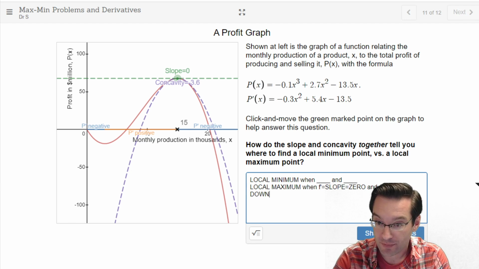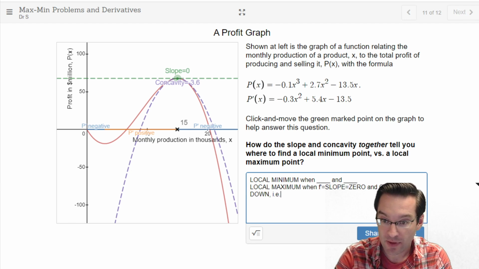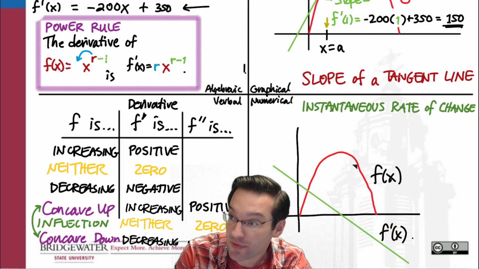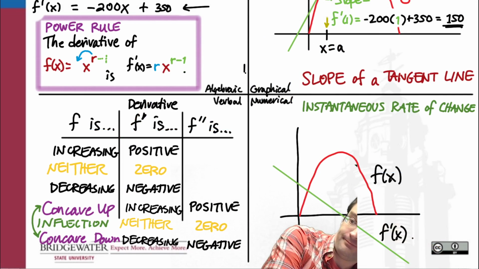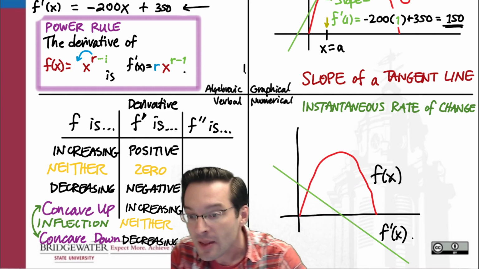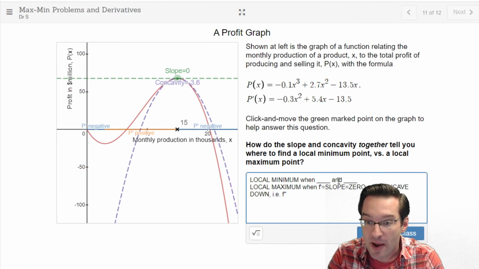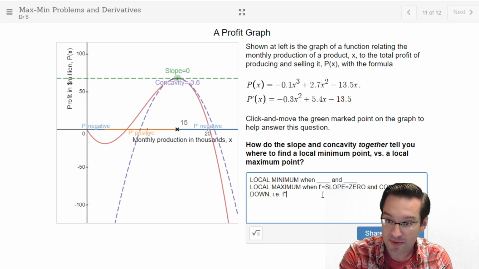Concave down. In other words, what do we know about our derivative of the derivative? When our graph is concave down, what is the second derivative being? Negative. Negative, yeah, right there. Right, exactly. Which, by the way, is one place where everybody makes this mistake at least once when taking a calculus class,